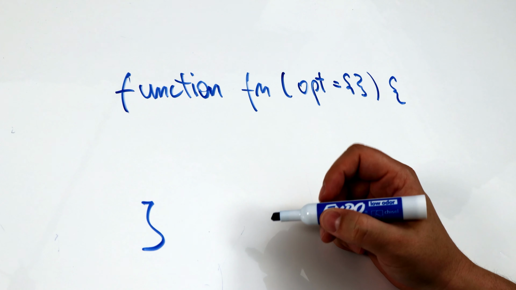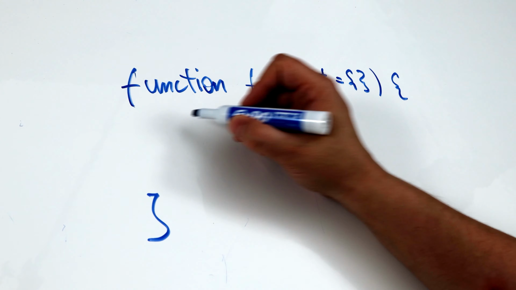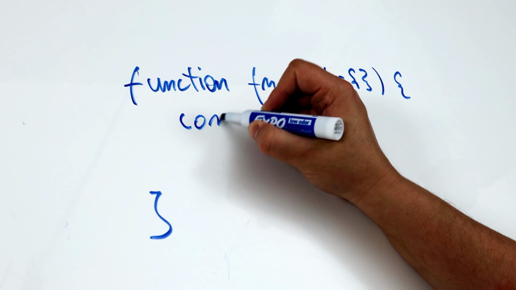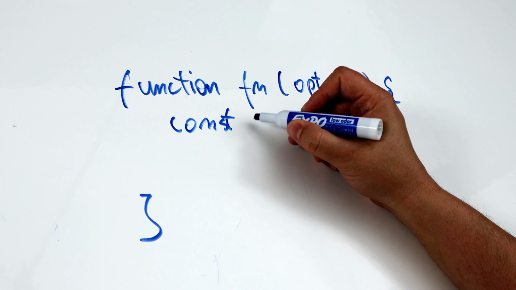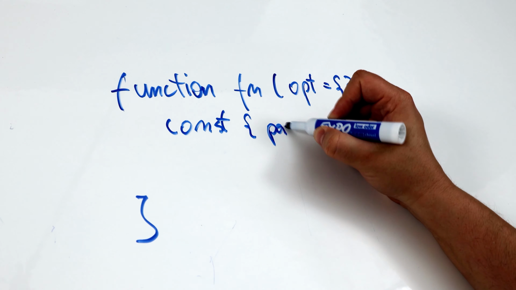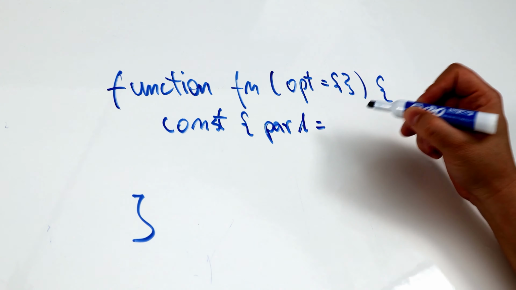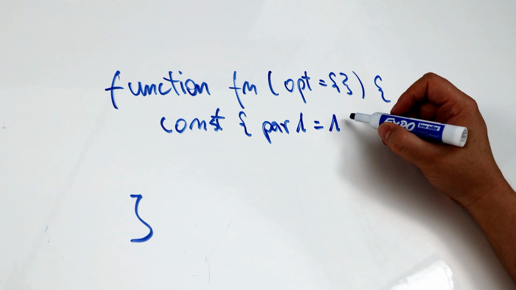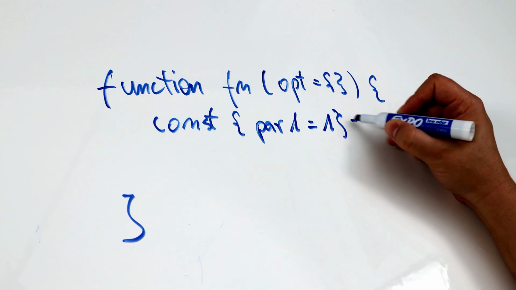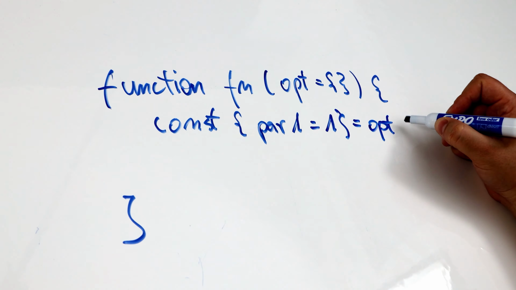And now I can destruct this object to say param1 that equals, say, 1, from options. This way I can call this function without any parameter, and it will work because all